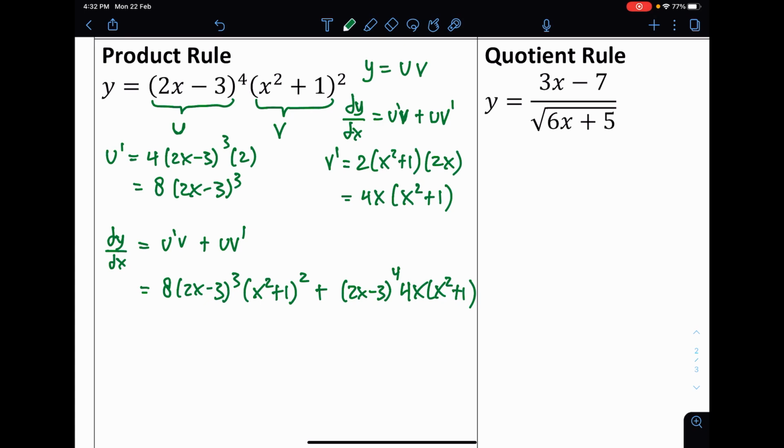So if I can summarize, product rule is about differentiating two brackets where they take turns to be differentiated. If one of them is being differentiated, then the other one should be waiting. Take a look at this. This is a u prime, and then you copy down the v. The v didn't get differentiated, but on the next part, the u you just copy down, but then you differentiate the v, giving you v prime. So that's basically the product rule. However, we do not leave our answer like this. This whole thing must be simplified even further. Now I have 2x minus 3 power of 3. Let me highlight that.